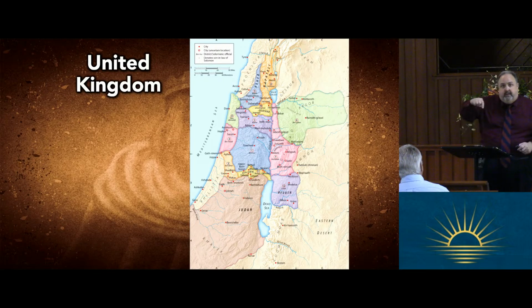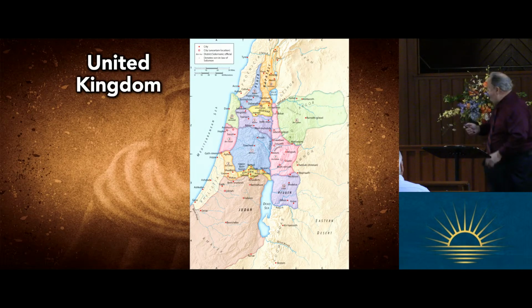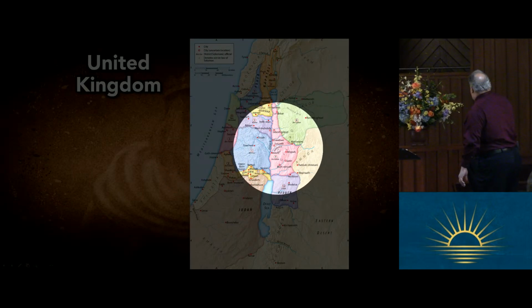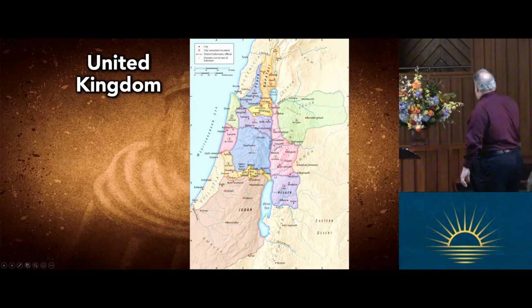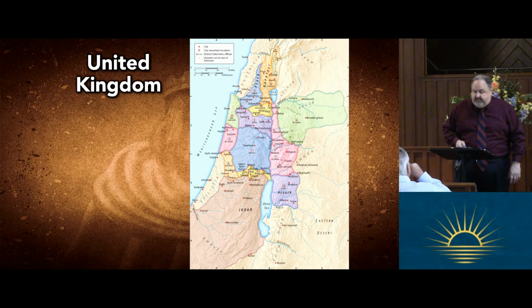Now, to the south of Judah, inside of Judah, it's not showing on the map, that's where the tribe of Simeon is. And the tribe of Simeon over time is going to kind of get swallowed up by Judah. It's around where Beersheba is, but it's not shown on the map. Do you see also the tribes that are on the other side of the Jordan? You got these three tribes here, the half tribe of Manasseh, Dan and Reuben. You got those tribes right there on the other side of the Jordan. That's something to keep in mind.